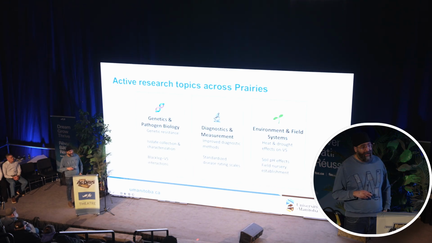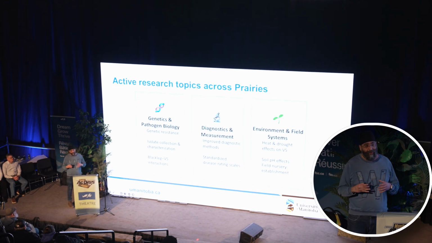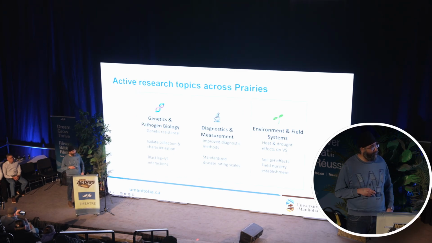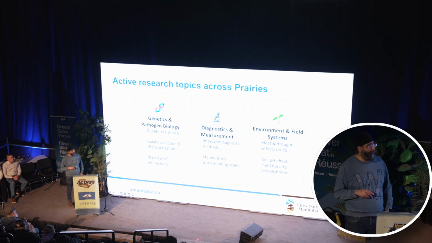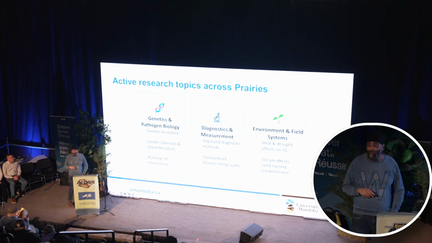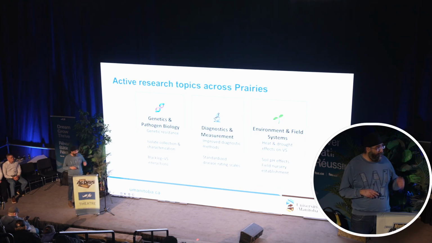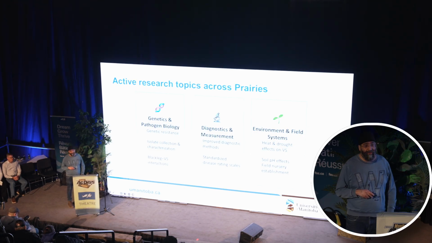The other big challenge with verticillium is, if you have ever scouted your field for this disease, it's very, very difficult to actually identify and pinpoint that this is the disease you're looking for. So people, including myself, have been working with improved diagnostic methods, which can be used to identify and characterize the disease. Canola Council of Canada has been heavily involved in standardizing the disease rating scales, so that the scale can be used by industry and agronomists so that we know the exact situation on the ground.